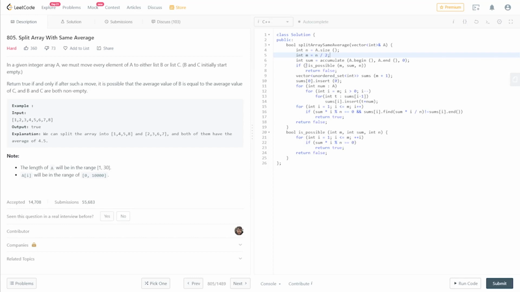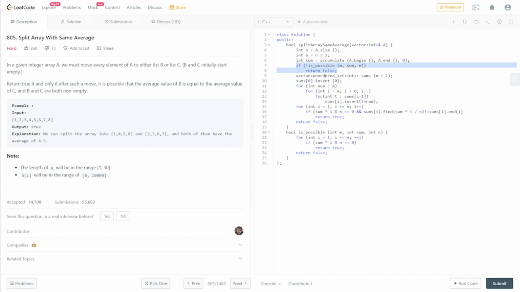Now we'll be checking if it's even possible to split the given array into two arrays of equal averages. If it's not possible, we can simply return false. As we have discussed in the explanation, it's possible to split up the given array only if it satisfies the condition sum into I modulo n is equal to 0. So we'll be iterating from 1 to m and checking for each I whether it's possible to split it up or not. If it's not possible, at the end of this function, it will return a false value. If it's not possible to split the array, we won't move on further and simply return false from here.